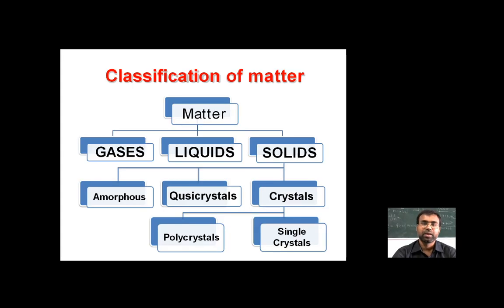So let's begin. As we know, the classification of matter is divided in three categories: gaseous, liquid, and solid. And these particular solids are divided into various categories, as you can see in the figure. As we discussed earlier also, there are two crystalline structures, that is the single crystal or the polycrystalline structure, and some solids are divided into amorphous and other types. So these are basically the classification of matter.